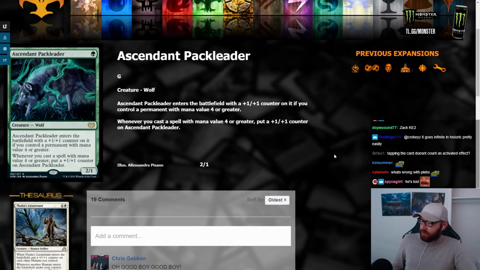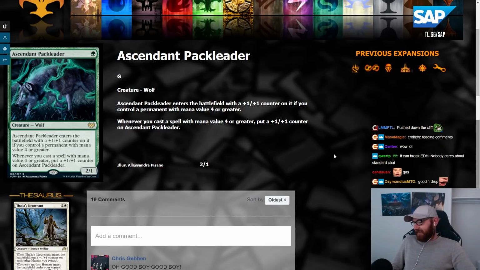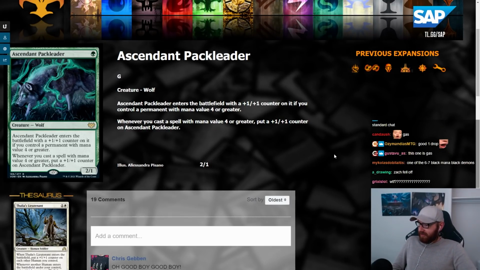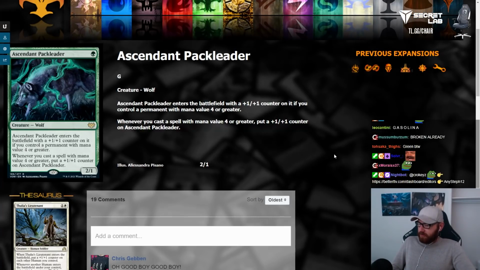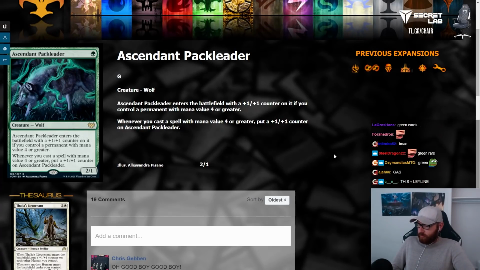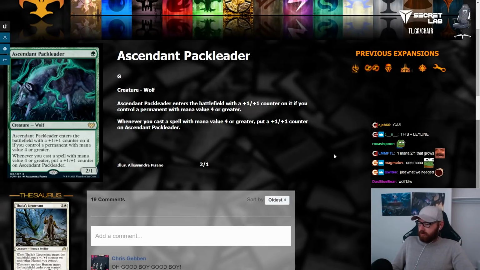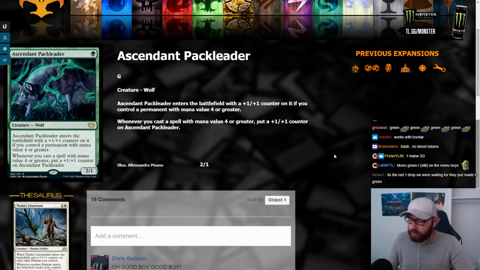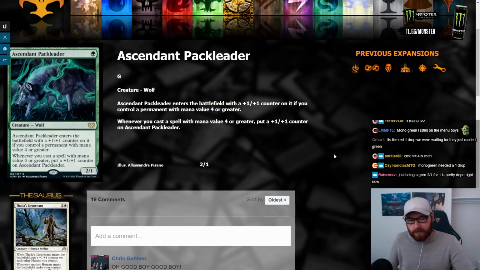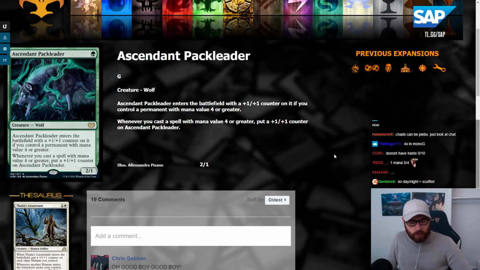Ascendant Pack Leader. 1 mana, 2/1. Green card. Oh dear. Enters the battlefield with a +1/+1 counter on it if you control a permanent with mana value 4 or greater. Whenever you cast a spell with mana value 4 or greater, put a counter on Ascendant Pack Leader. Pelt Collector at home. I mean, Pelt Collector's like mega broken. If this wasn't a wolf, it would actually be bad. But because it's a wolf, it's